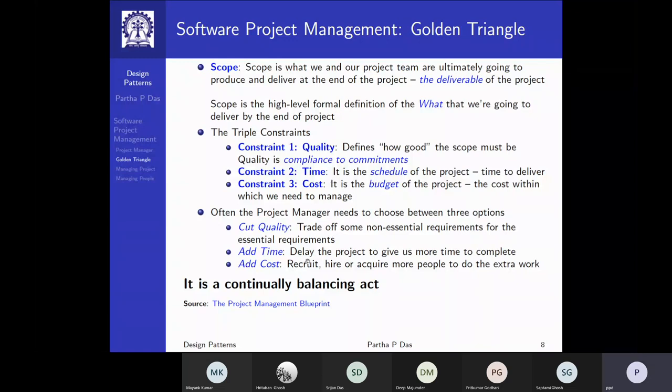Or you can add time, that is, delay the project to give more time to complete, but not touch the quality. But often if you add time, inherently you may add cost, though maybe less cost.